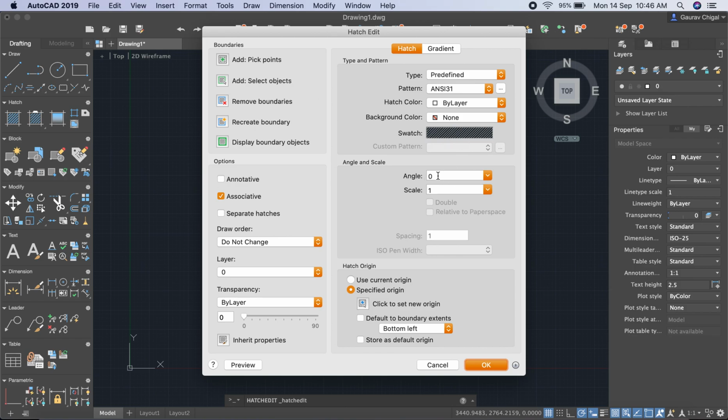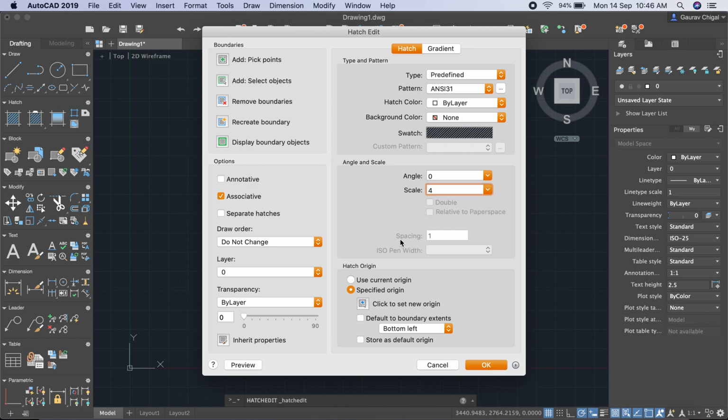And now you want to give the angle. By default the angle is 0, which gives inclined lines. That is, if you apply 0 angle on a hatch, it means it is inclined to the surface, and if you apply 45 degrees, then it becomes straight, and if you apply 90 degrees, again it becomes inclined. So by default the software treats 0 as the 45 degree angle for the hatch, and you can change the scale, whether you want it as 1:1 or you want to increase it.